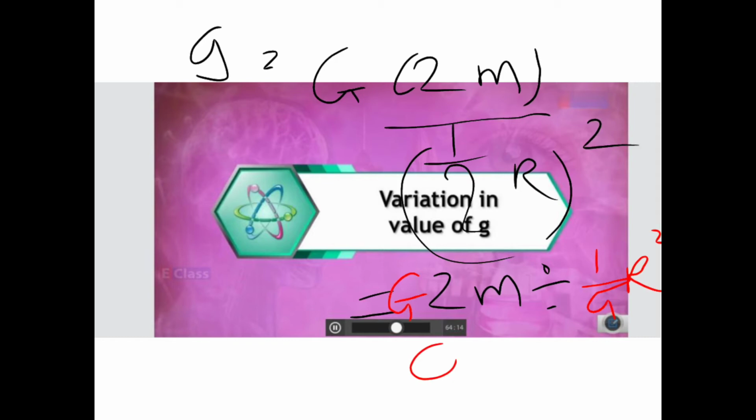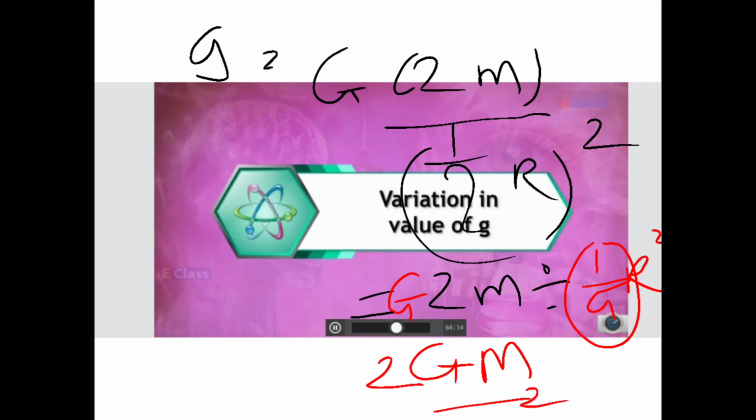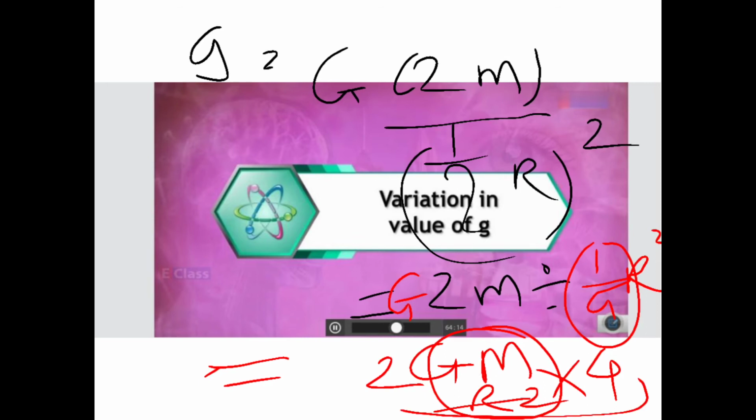So you have G, see I am taking 2 out here, G M, R square को भी इधर रखो, चलो, R square है, हाँ, divide by 1 upon 4 means what? Multiply by 4. Now Gm upon R square is nothing but our original small g. So what will happen? 2 4s are 8. So our new G will be nothing but 8 times the old G. Okay. Our new G will become 8 times the old G.